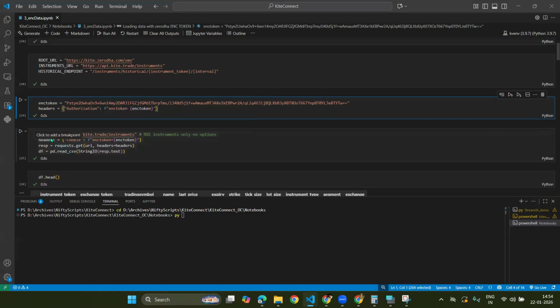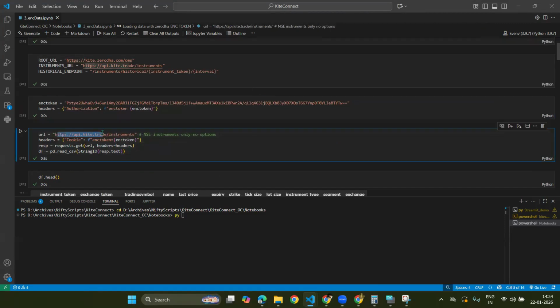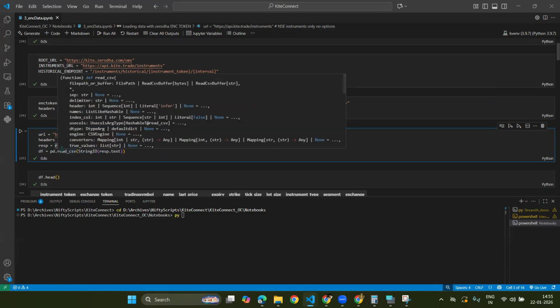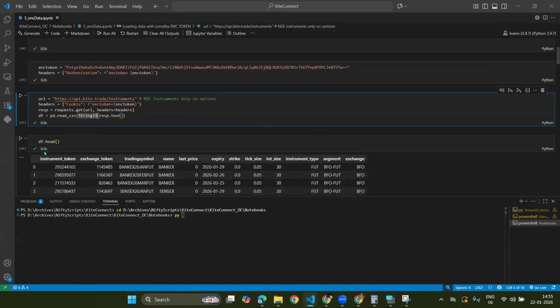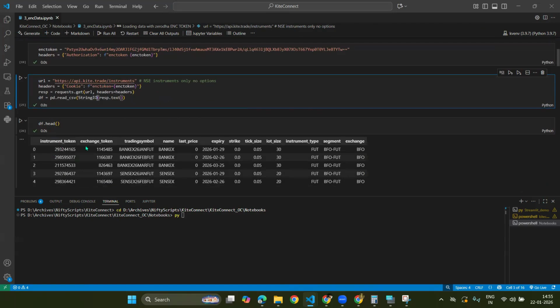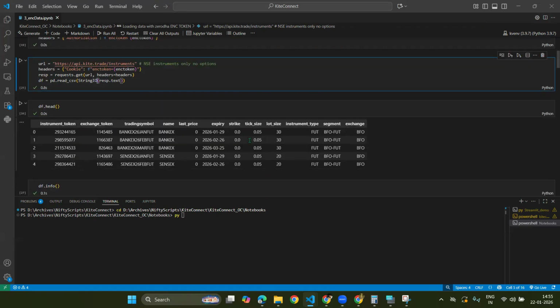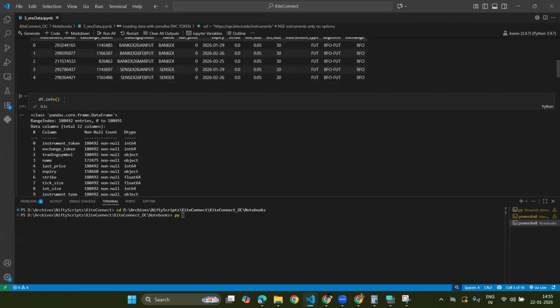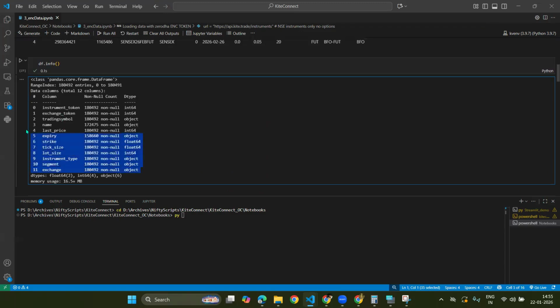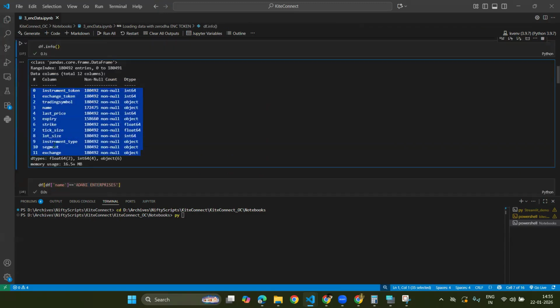Now, the next step is to fetch the URL. So we'll be using api.kite.trade/instruments to fetch the tokens metadata. Now, when we send this request and convert that CSV response to a pandas data frame, the endpoint will return the instrument metadata which will contain instrument token, exchange token, trading symbols, and other details. Now, if we want to inquire into how many columns we have received, we can just put df.info and we can see the list of all the columns that are present in the table, and we have a total